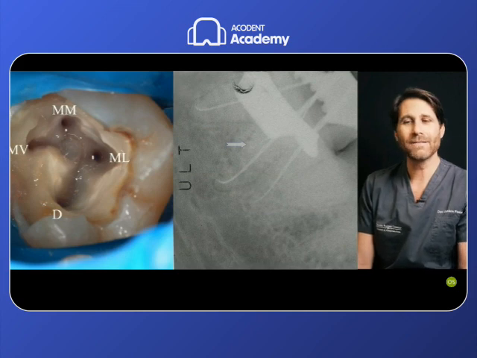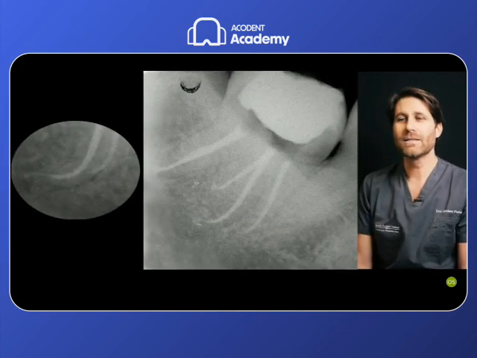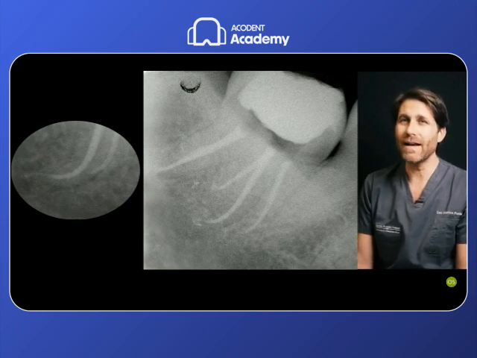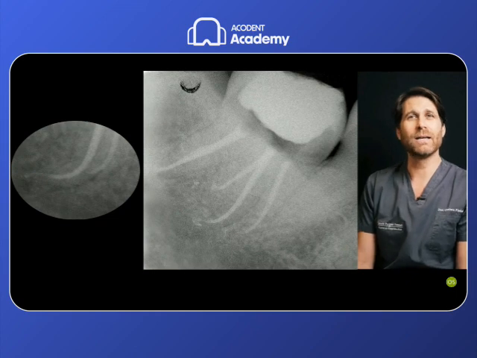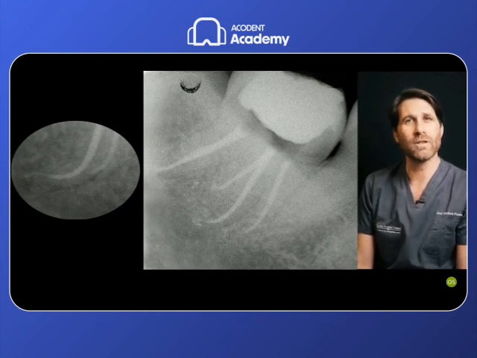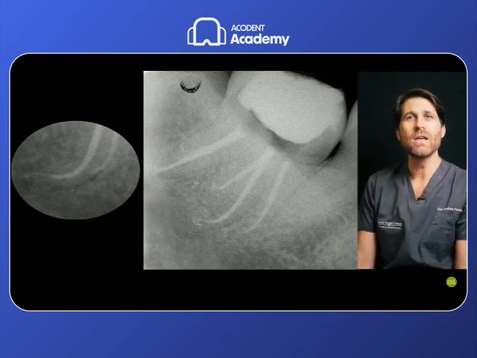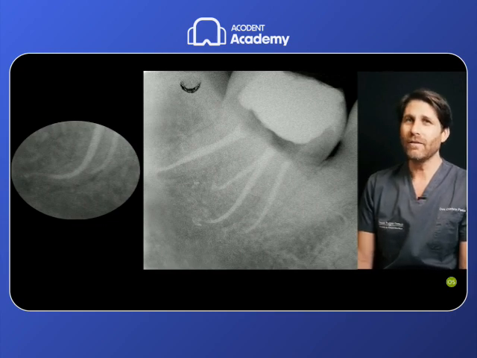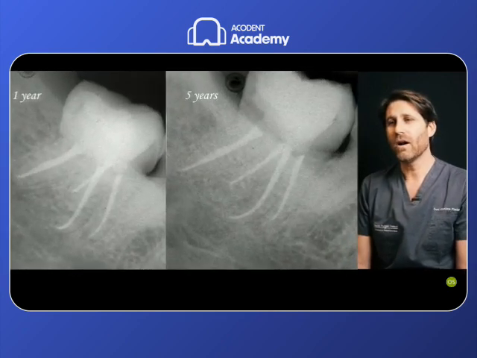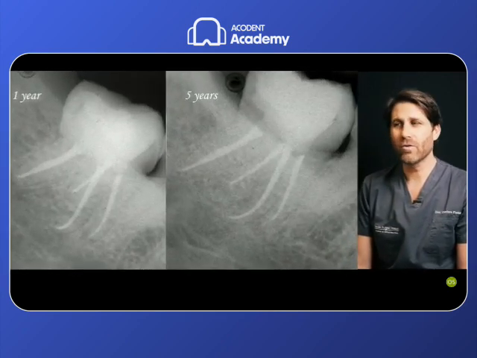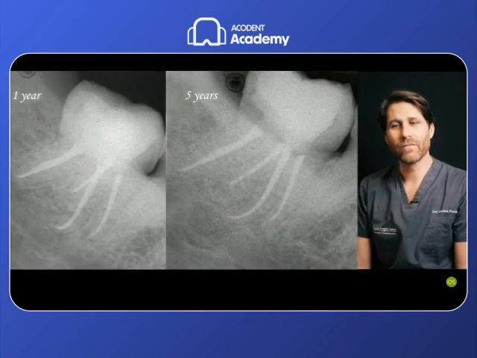Then I started with the rotary technique, starting with an instrument with C-tip size 10 taper 4 that needed only a scouting and a glide path prepared with the size 10 stainless steel file before starting the mechanical instrumentation. So I always did like this with rotary files because rotary files need a glide path to prevent fracture. And those are the 1-year and 5-year controls of these cases.